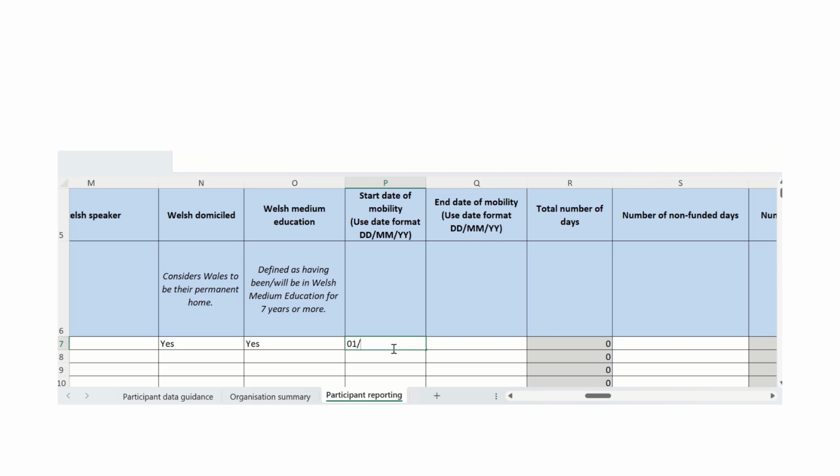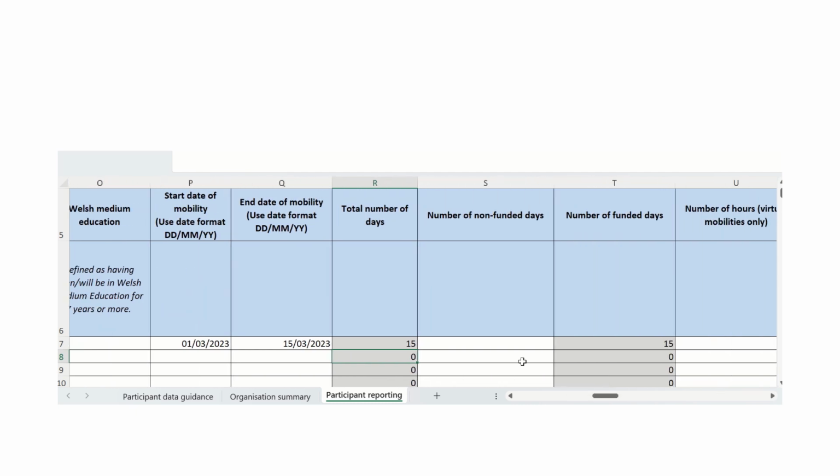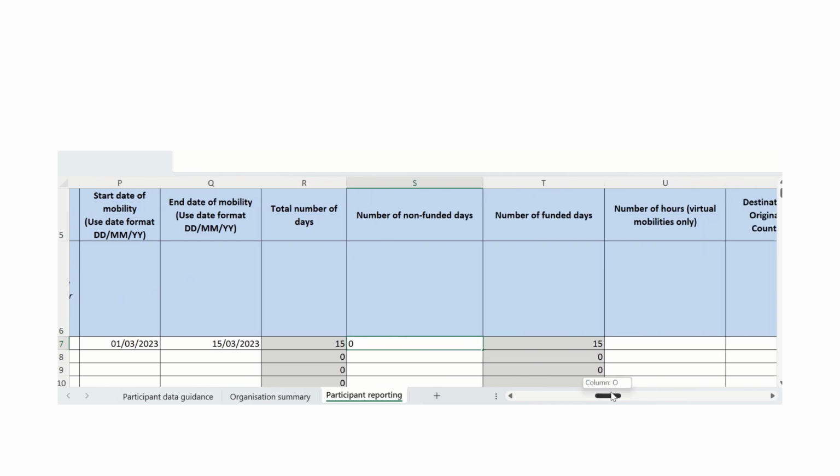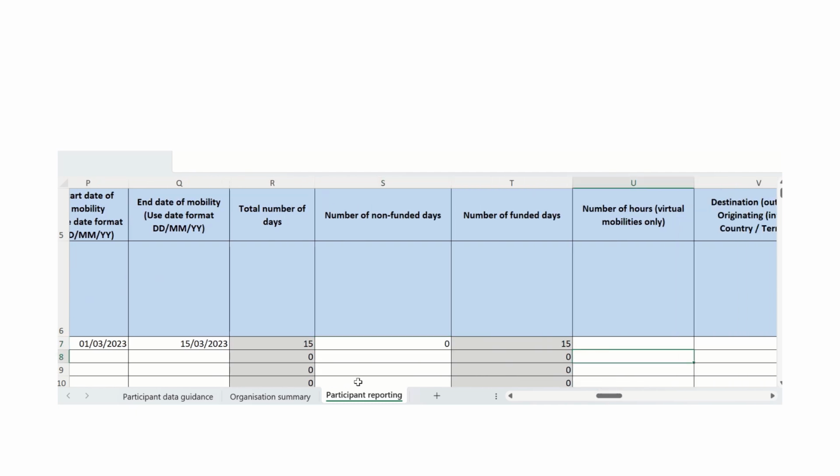The mobility doesn't start until the 1st of March. It'll finish on the 15th of March. With no non-funded days. So as you can see, the total remains the same here.